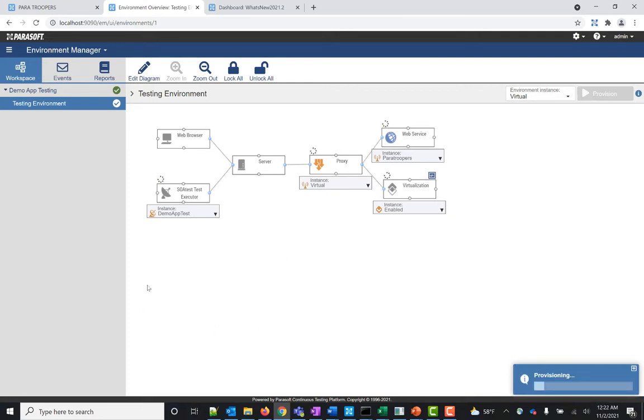As that is running, we see here that it is actually running my demo app test. And I can provide an entire suite of tests for it to run. Okay, so that was successful.